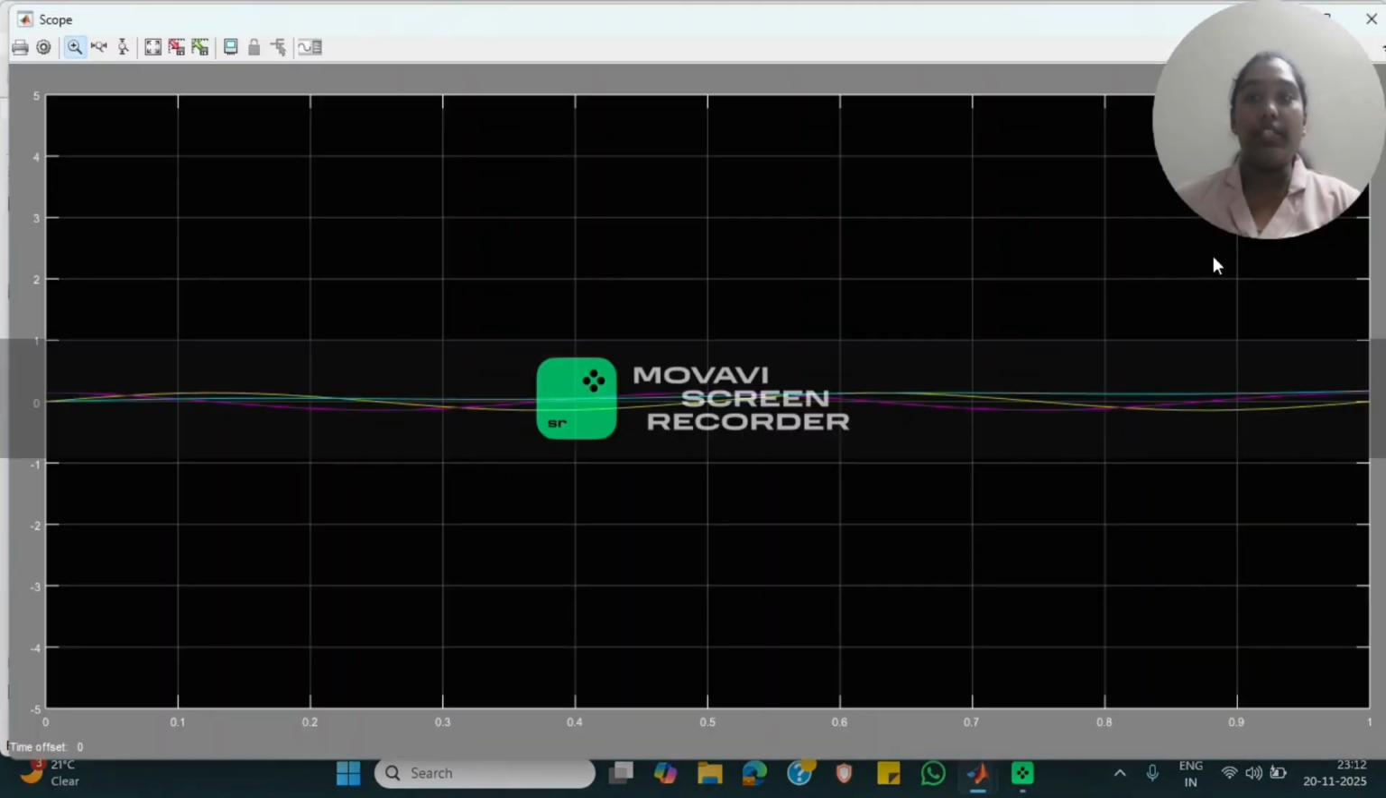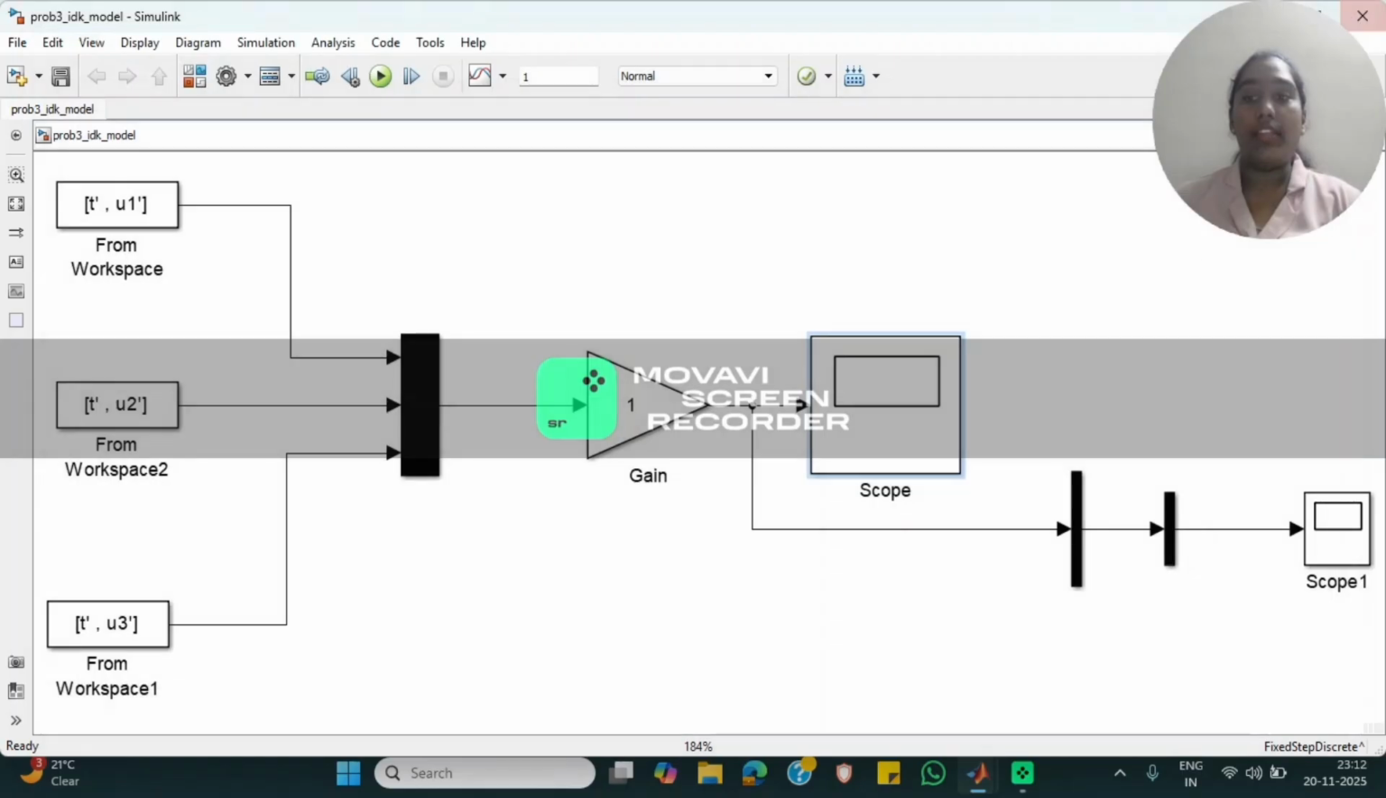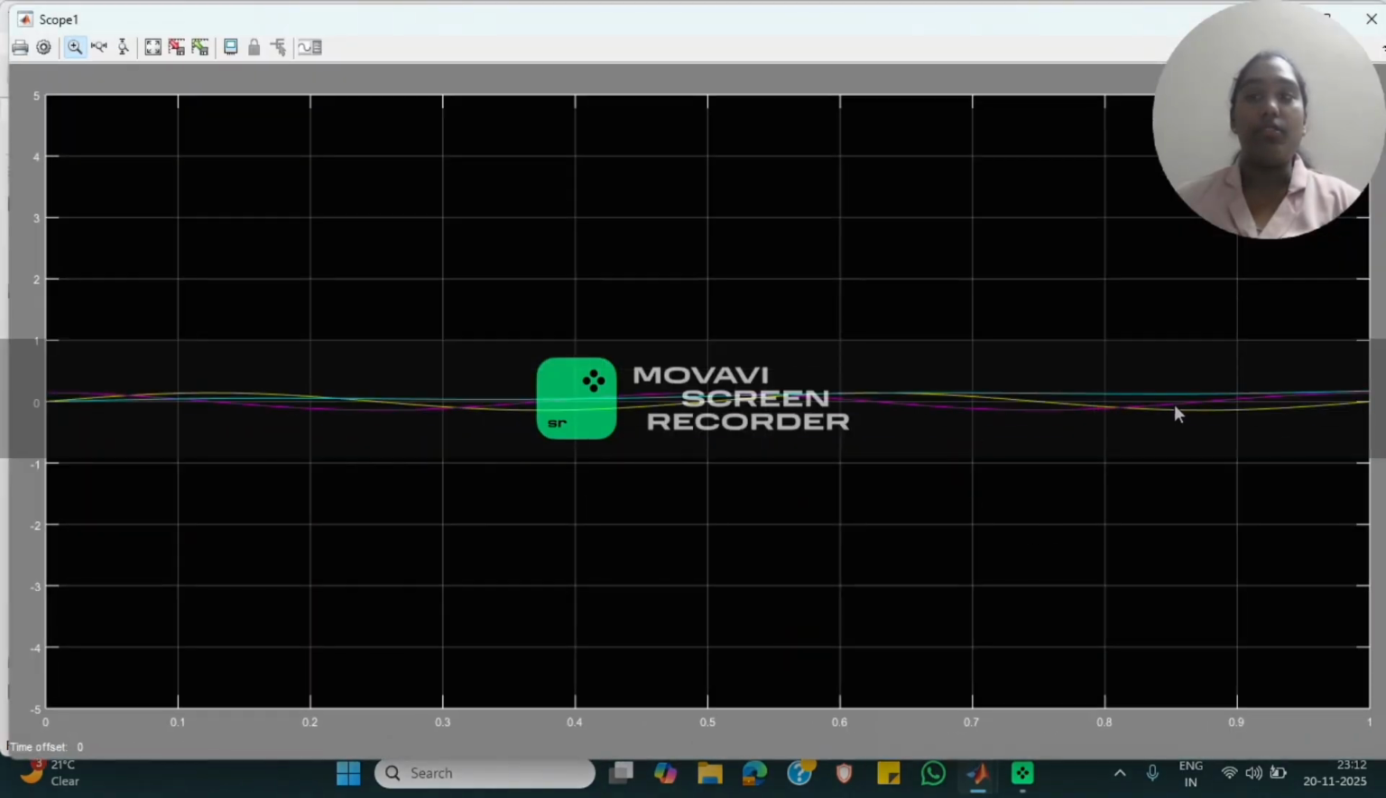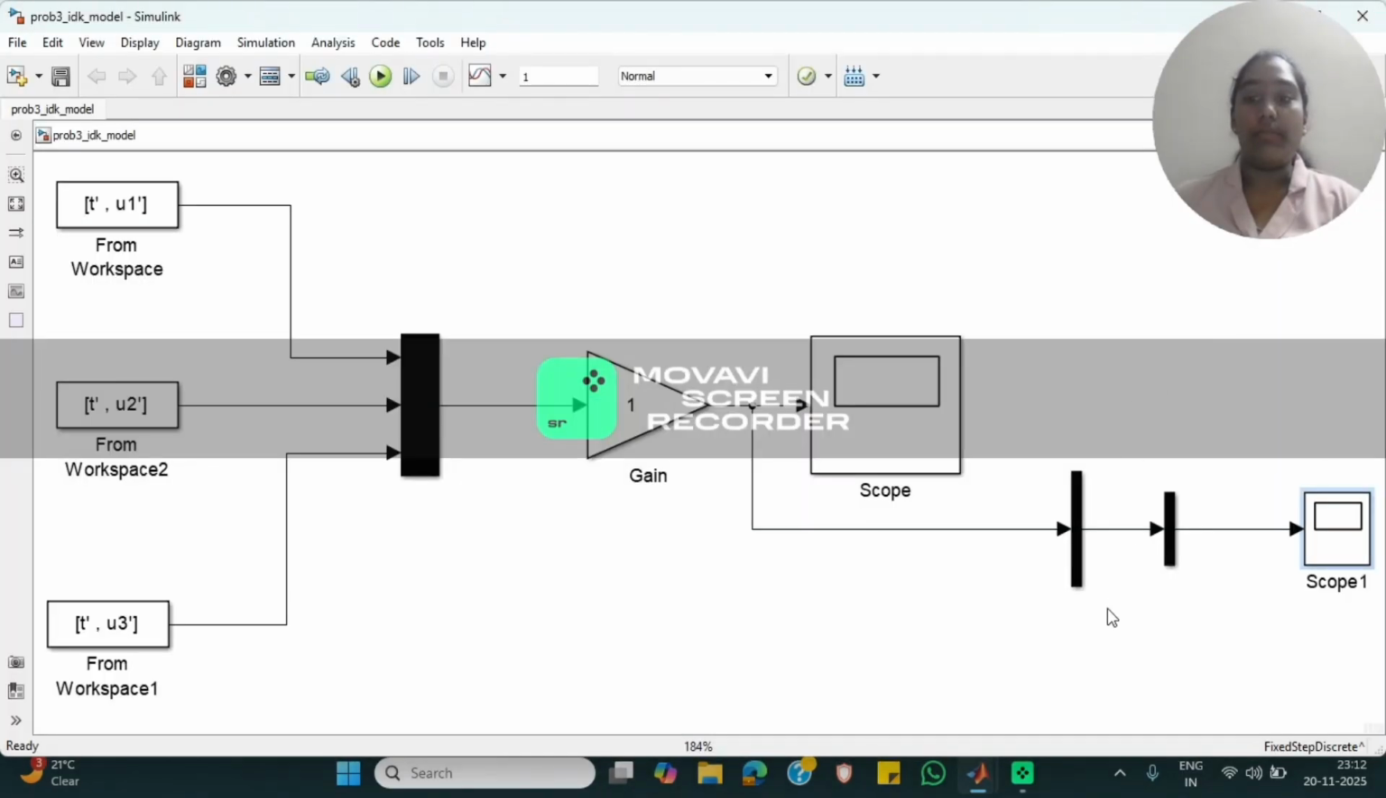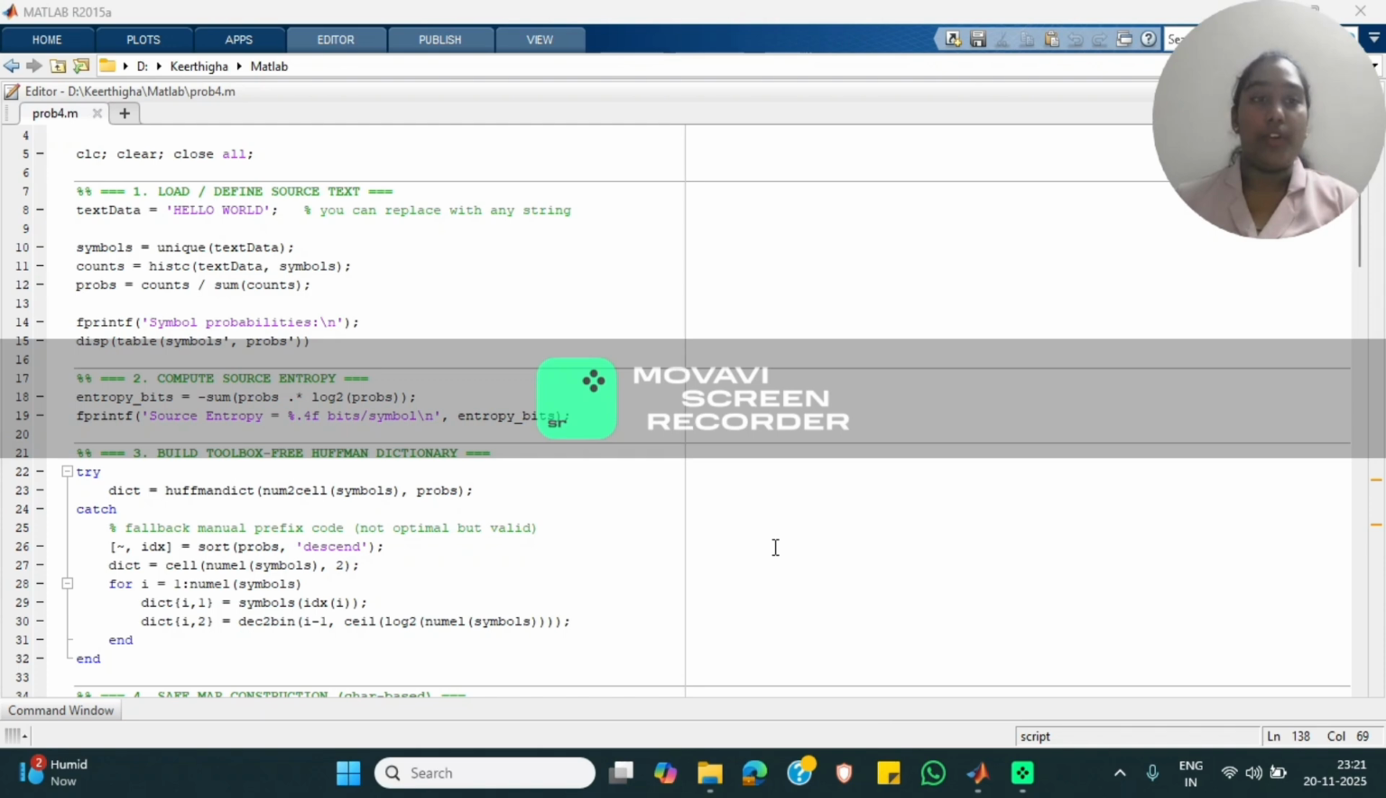This is the transmitter side scope and this is the receiver side scope. We can see that both are similar. Looking into the fourth problem, we first load the text and compute probabilities. This text data takes our message, hello world. It finds unique symbols and counts the frequency of each and then computes the probability of each symbol needed for